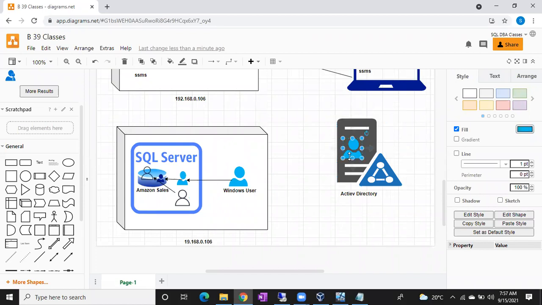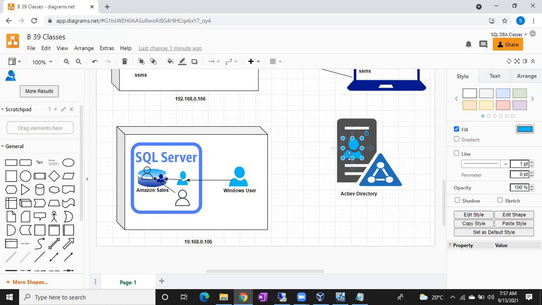But for creating SQL logins, nothing is mandatory. You can directly create a SQL login, whether Anjaneyulu is in the organization or not. Still, you can create a login for Anjaneyulu with the name Anjaneyulu. For a Windows user, it won't work like that. You have to create a Windows level user or Active Directory level user, then only you can create a Windows login in SQL Server. But for SQL login, there is no prerequisite. You can directly create a SQL login even if that user is not in the organization.